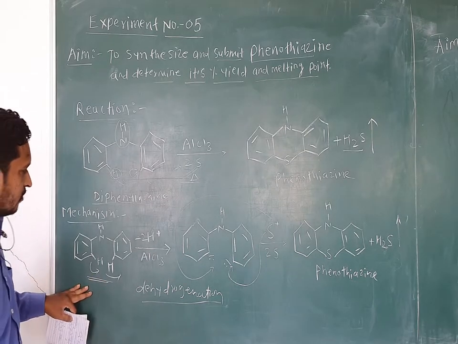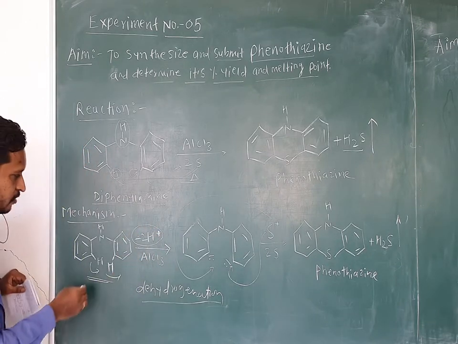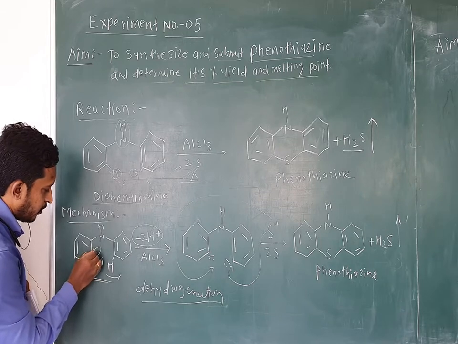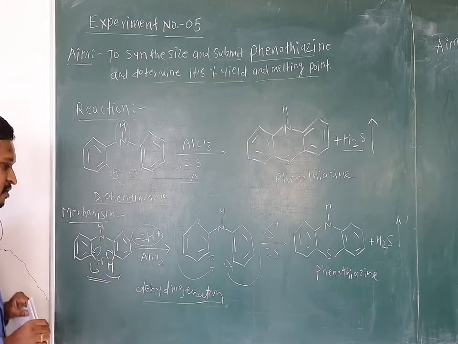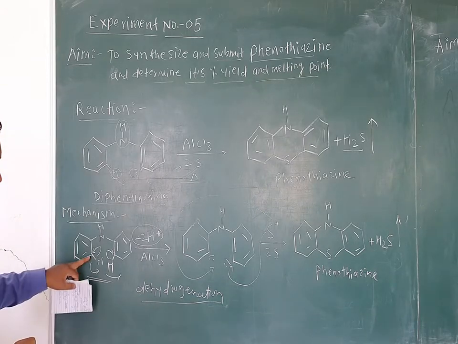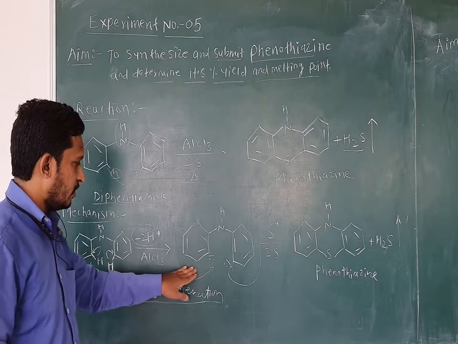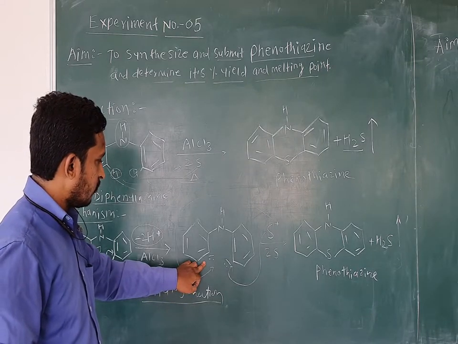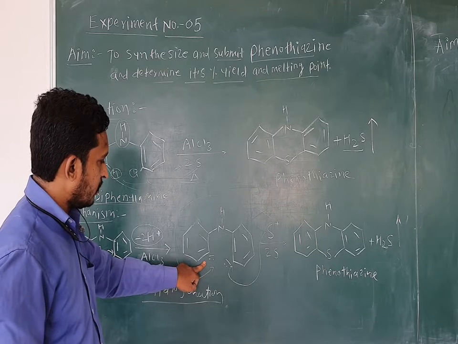Means 2 positively charged hydrogens will be removed first. After the removal, one hydrogen leaves a lone pair of electrons on this ring carbon, and the other hydrogen leaves a lone pair of electrons on the next ring carbon. So these carbons become electron rich on the ring. You can see here this carbon is electron rich, and the other carbon is also electron rich.